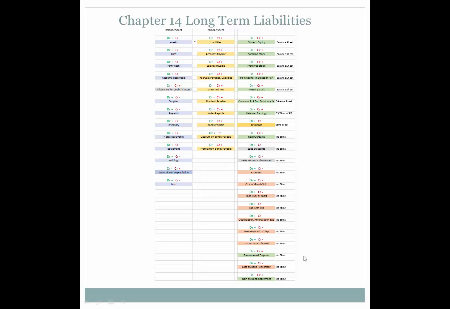And then also, we have here for the first time the loss on the bond retirement and a gain on a bond retirement. The loss decreases owner's equity, so on the income statement under other revenues and expenses, it will be debit-based to effectively decrease owner's equity, and a gain, which would increase owner's equity, will be credit-based, effectively increasing owner's